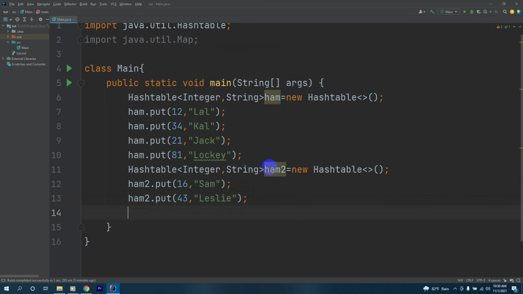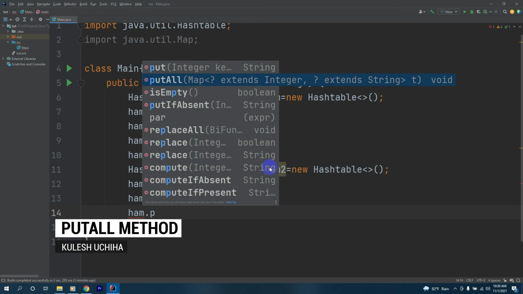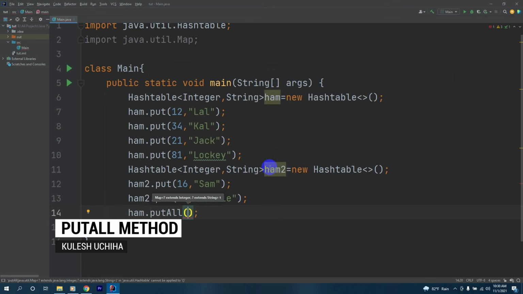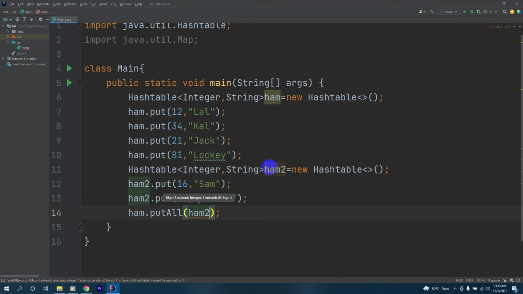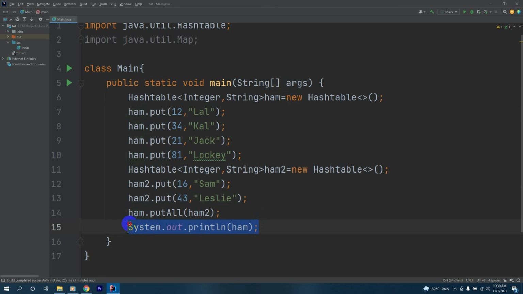Okay, now we'll use another method, putAll, to add the second hash table to the first hash table. We'll pass ham2 here, and finally let's test out our ham hash table. We'll do this with the for loop.